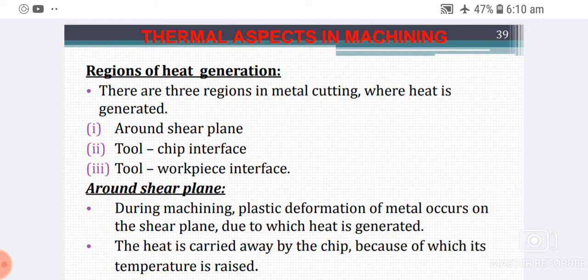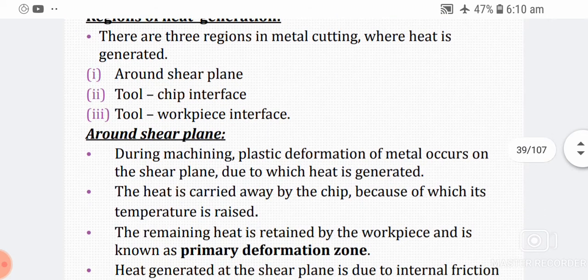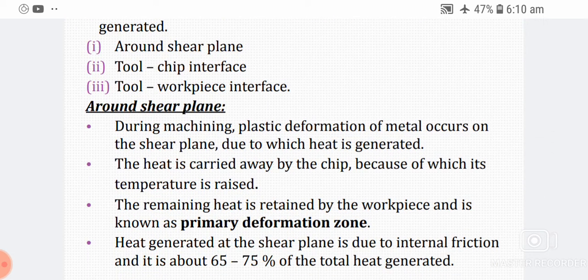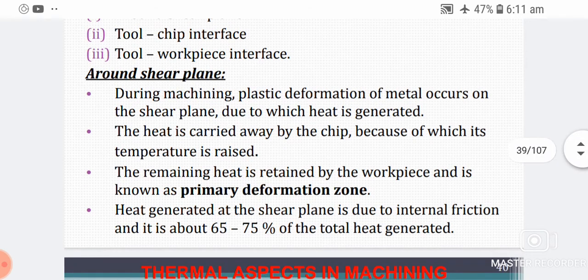The first region is around the shear plane. During machining, plastic deformation of metal occurs on the shear plane, due to which heat is generated. The heat is carried away by the chip, because of which its temperature is raised. The remaining heat is retained by the workpiece and is known as the primary deformation zone. Heat generated at the shear plane is due to internal friction and is about 65 to 75% of the total